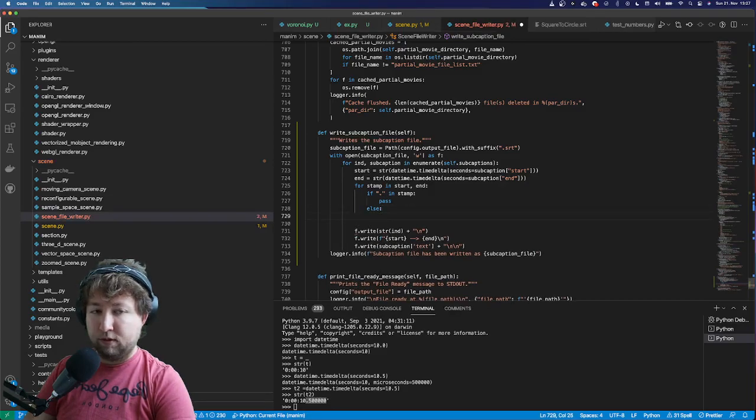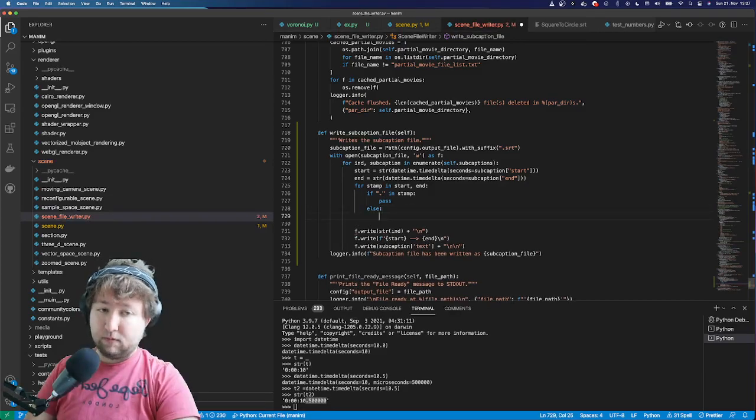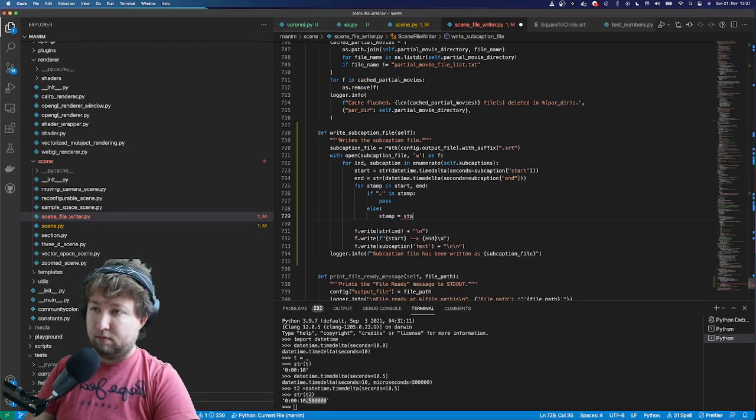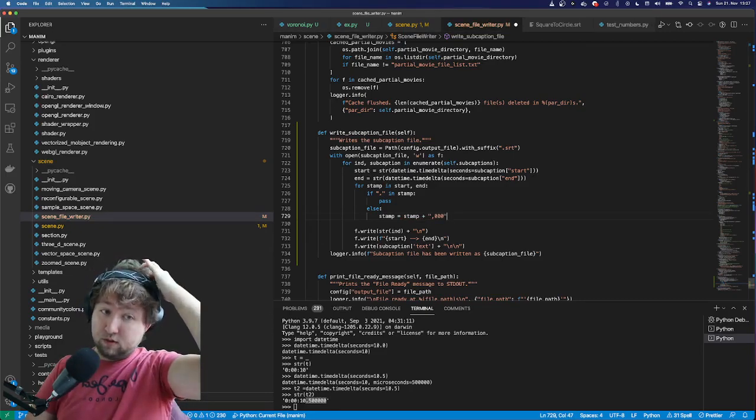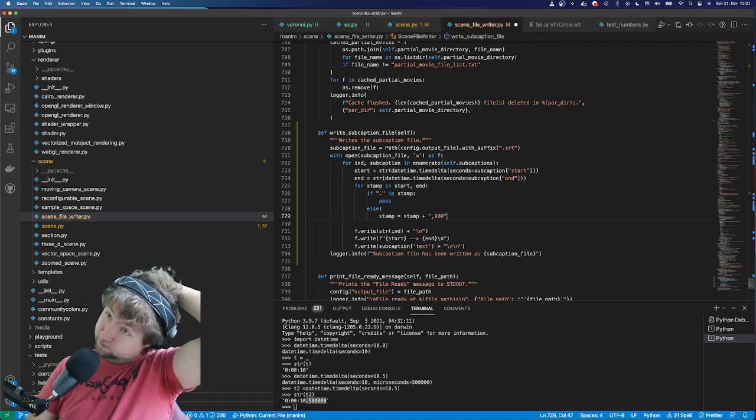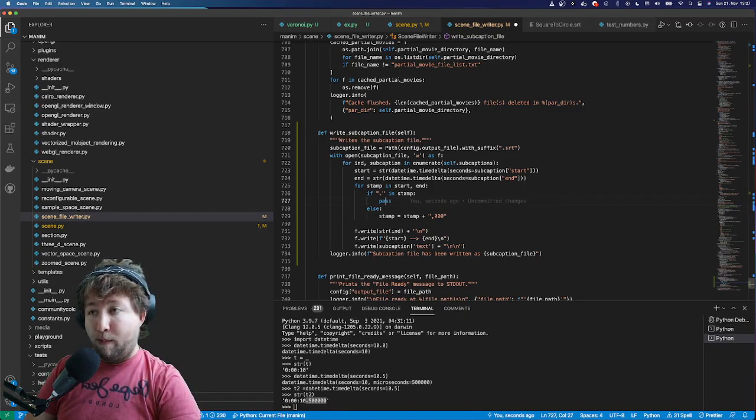Otherwise, there's no dot in there, so we can simply add a comma with 3 zeros to the timestamp. If there's a dot in there,